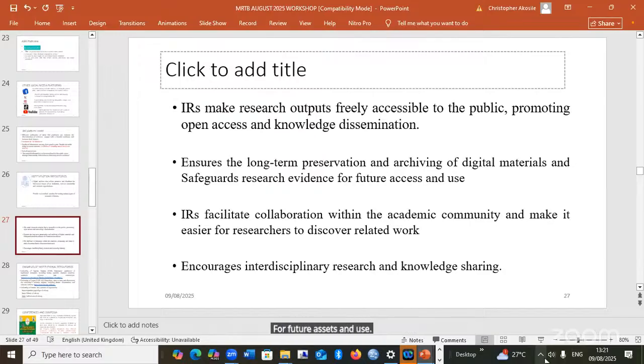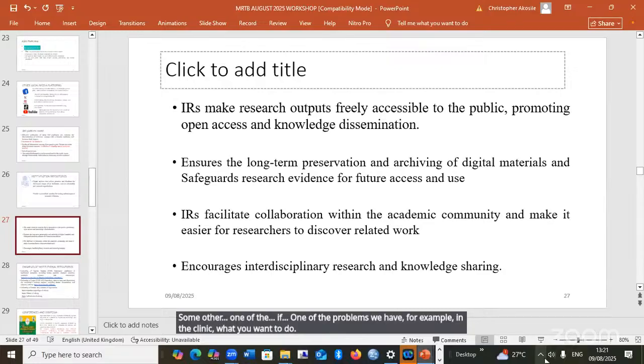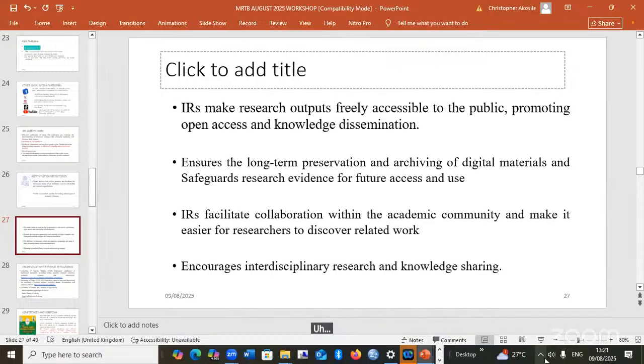What do I mean by future access and use? One of the problems we have, for example, in the clinic, when you want to do retrospective studies, is poor keeping of records, so that we do not have access.